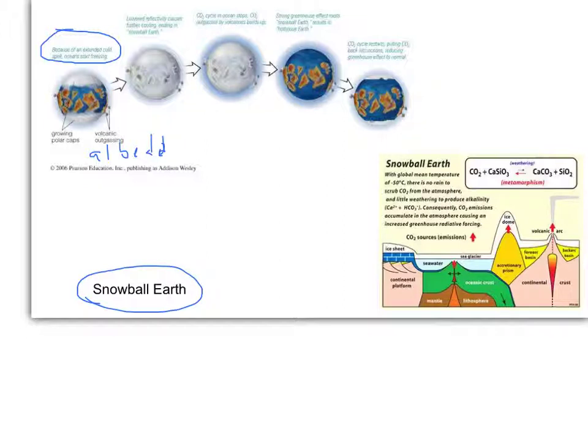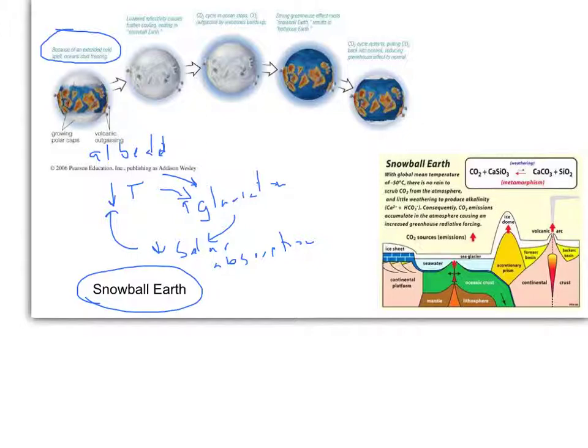So we have a long-term decrease in global temperatures leading to increased glaciation, leading to reduced absorption of incoming solar radiation, which is going to then magnify that decrease in temperature,